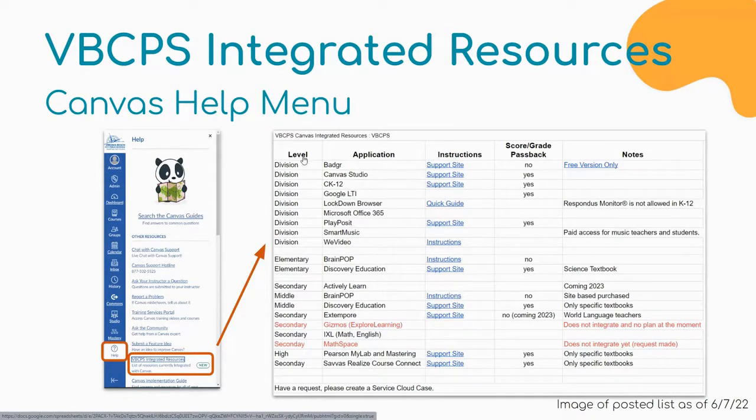Essentially, this list is going to identify whether this is a division resource or if it's elementary, secondary, middle, or high. You'll also have the application's name. What's nice about this is they've listed a link to instructions for how to integrate or use that app within your Canvas courses. They've identified here whether the score or grade will pass back for that particular application if you're using it with assignments. And then there are just additional notes,